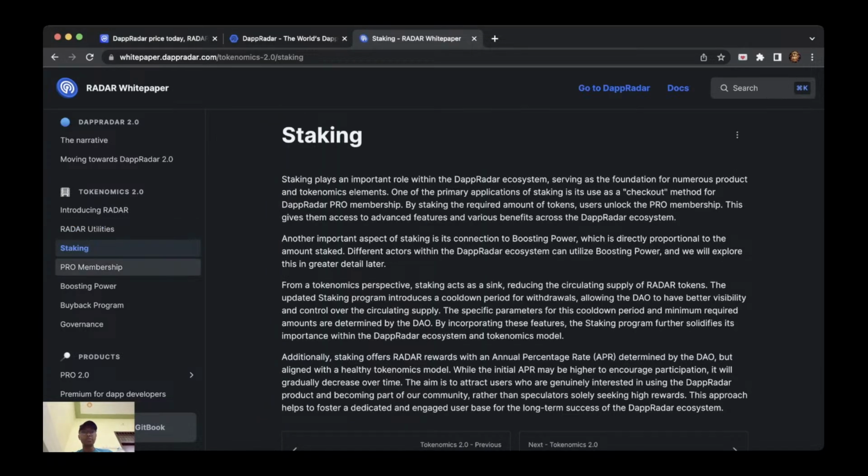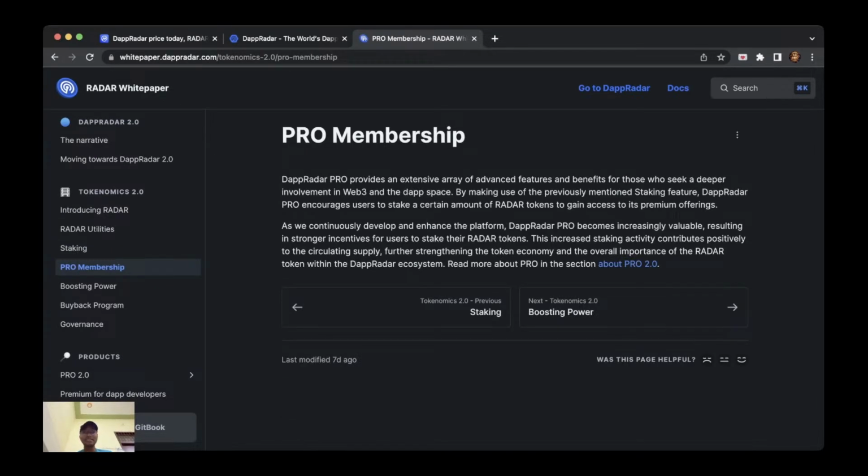We have staking options also for the Radar token. Pro membership is also there. I guess this is for Web3 people and gamers basically. DappRadar provides extensive advanced features and benefits for those who seek a deeper